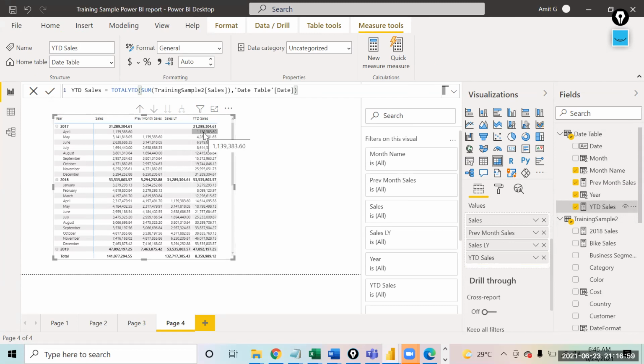In the month of April, the sale of April, then April plus May plus June plus July plus August, and the moment it reaches the last month, it starts adding up the sales again.